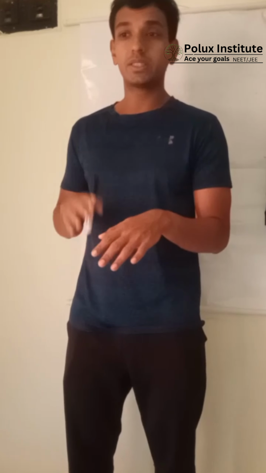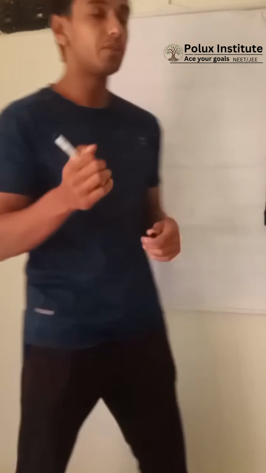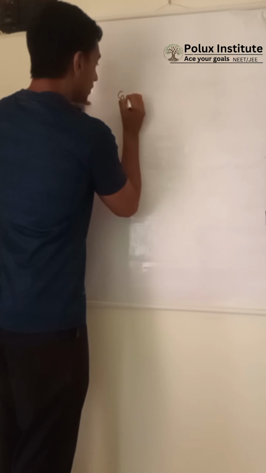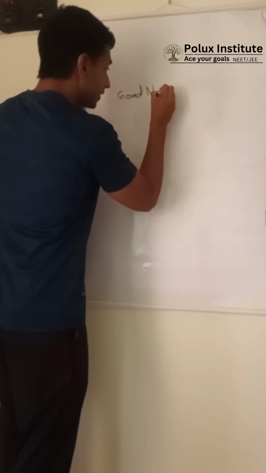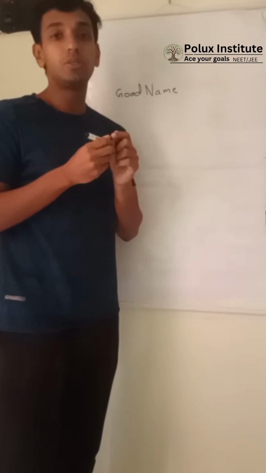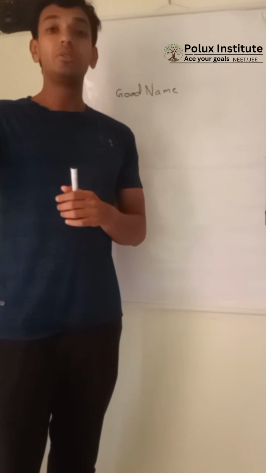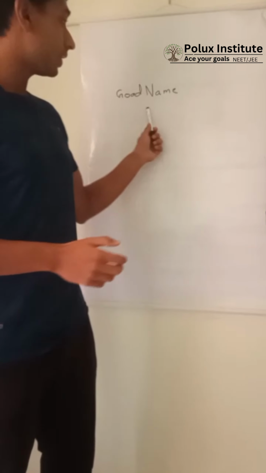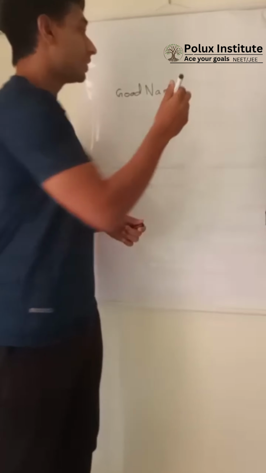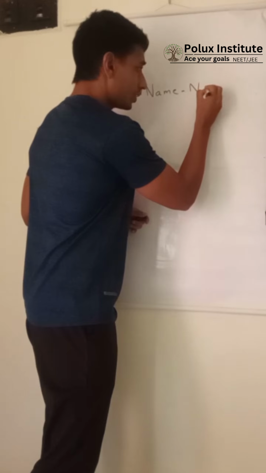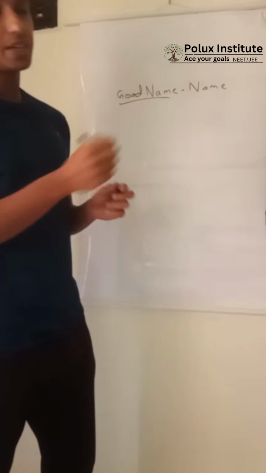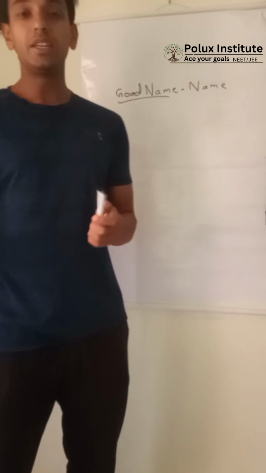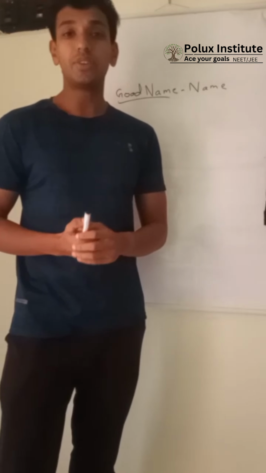So what are the major differences in English when we are speaking in India and outside of India? One of the biggest differences would be the term "good name." This is something that we often use when we are introducing ourselves to someone, like, "Oh, my good name is this. What is your good name?" But generally outside of India, the term is just "name." They don't use "good name," though it's not incorrect by any means. This is a general term that we in India mostly use, but outside of India it's just "name."